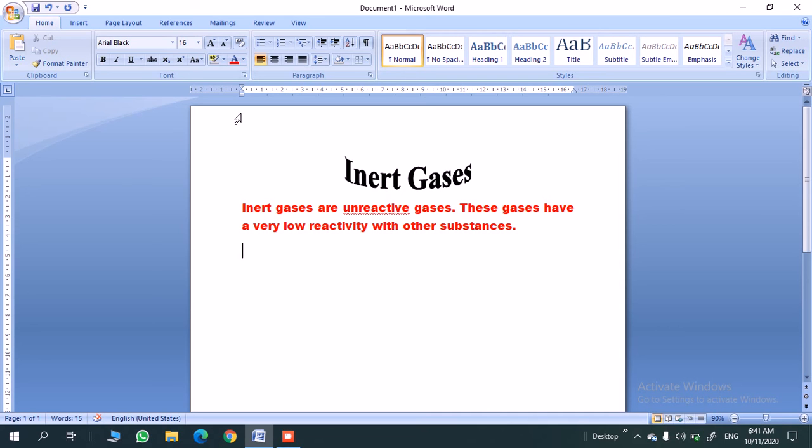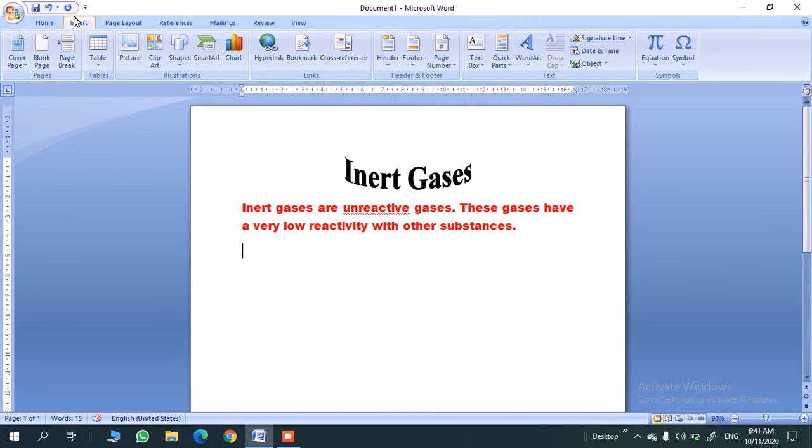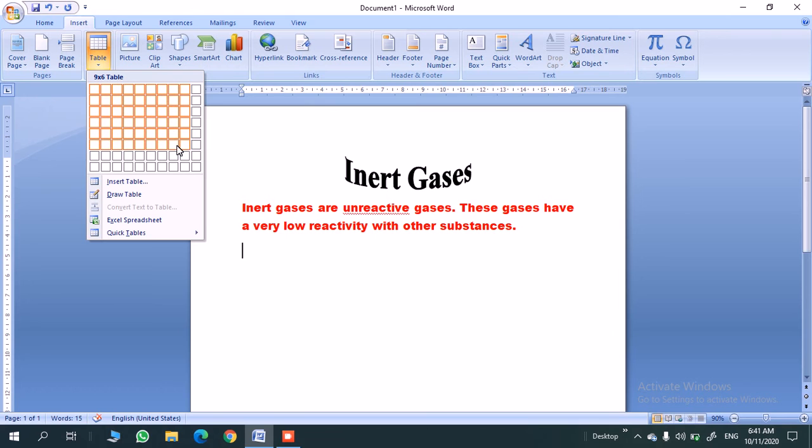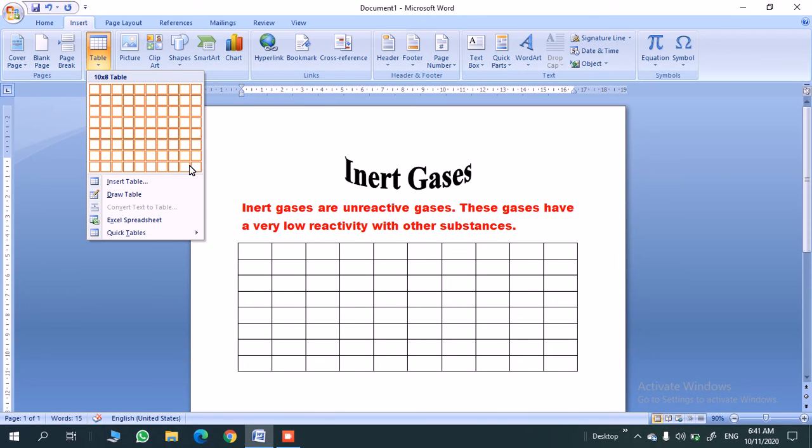After typing a paragraph, we are going for the table. Click on the Insert tab and click on the table option. You can find 10 columns and 8 rows available here directly, on which if you click you can find a whole table prepared on your screen.